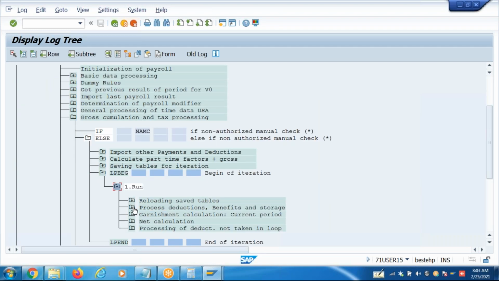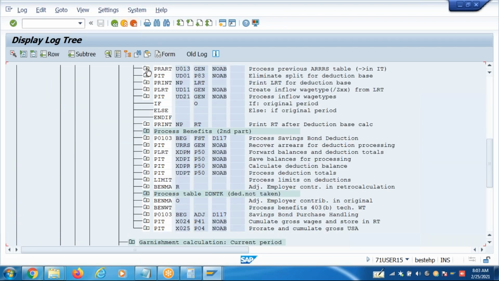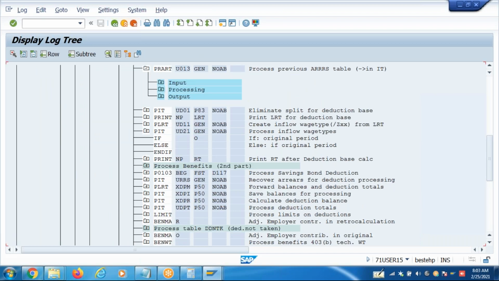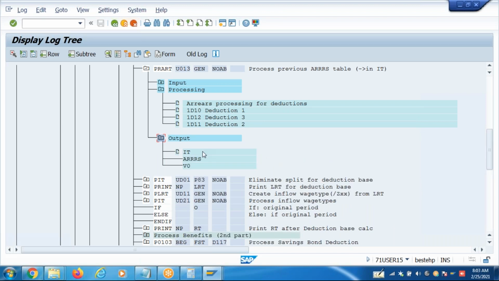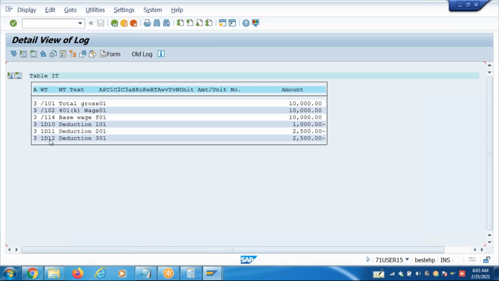So the first function you need to look at in the subsequent month is PRART. It will import all the three wage types from the arrears table as if we are importing them from the info type only. Clear?